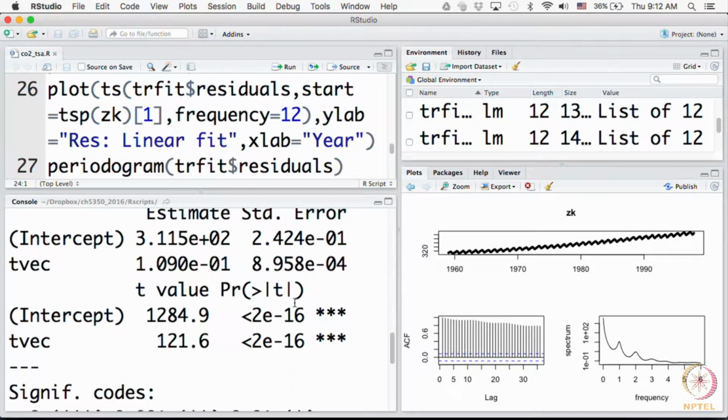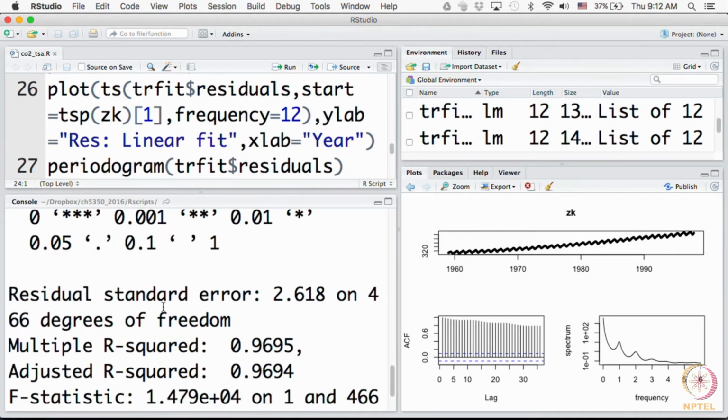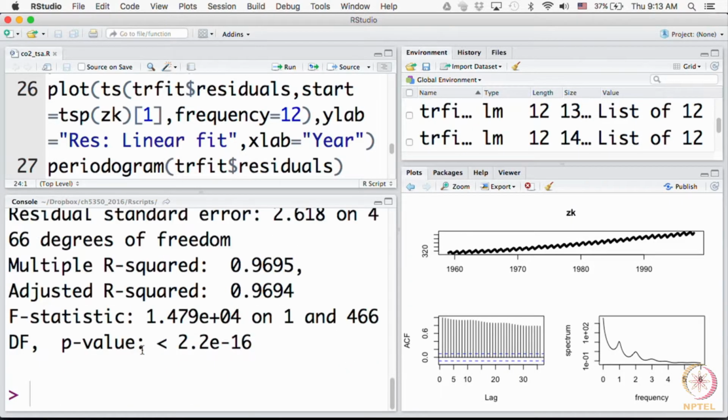And even if you are in doubt, let us say you have forgotten everything, you know these stars, right. So, that means these are the significant ones, these both parameters have to be present in your model. And then of course, there are other things that are thrown out for you, multiple R squared and adjusted R squared. We will learn those when we learn the least squares methods.